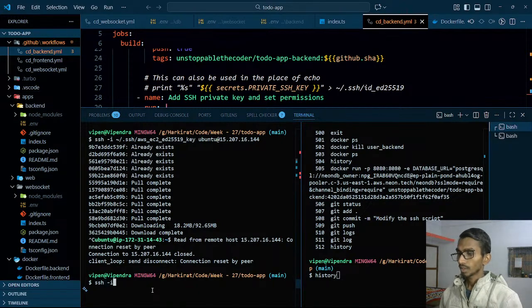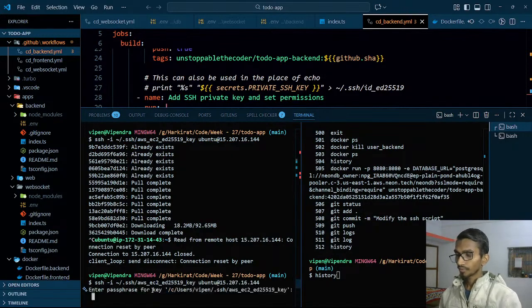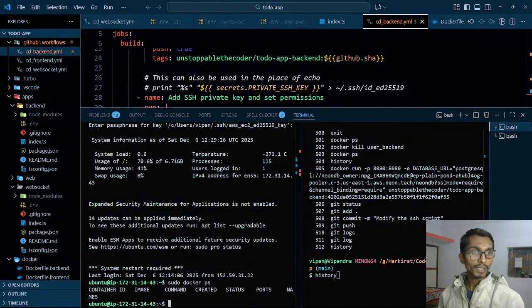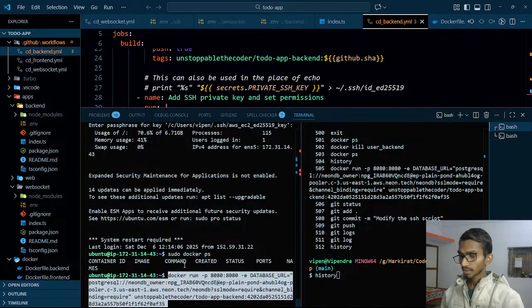SSH into that machine. Okay, use SSH and AWS, and even for this thing I don't need to do it again. I have that somewhere if I'm not wrong. Yeah, this is the one. Like this. I'm connected again. Sudo docker ps. Nothing's running right now, and this time I have to paste the same thing, and I will be just replacing